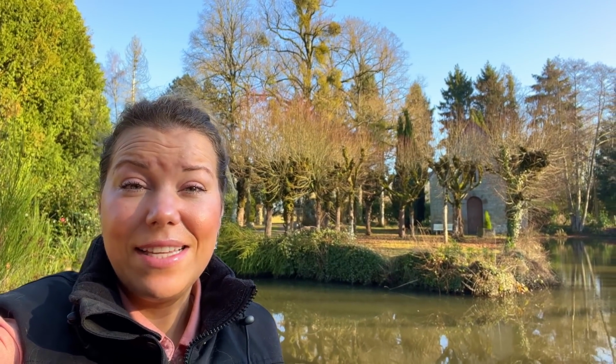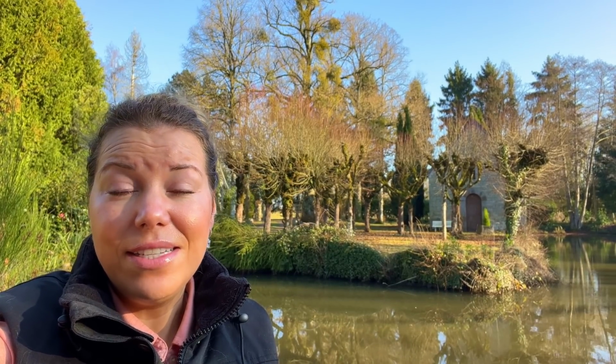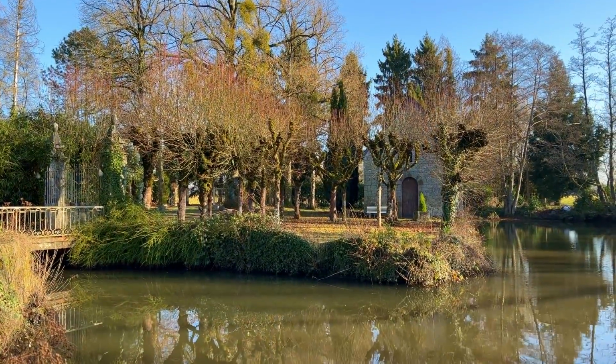Some of you have asked what tree pollarding is exactly. Well, the full completion won't be seen in this season. It will be in spring when the trees revive back again and will be looking lovely and plump and bushy. But what it essentially is,